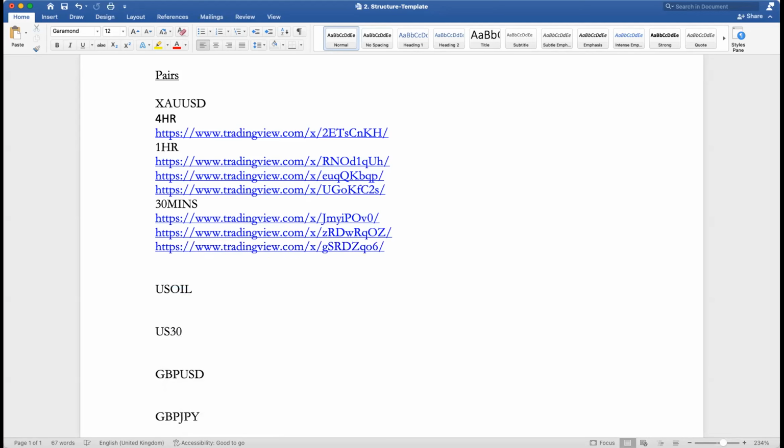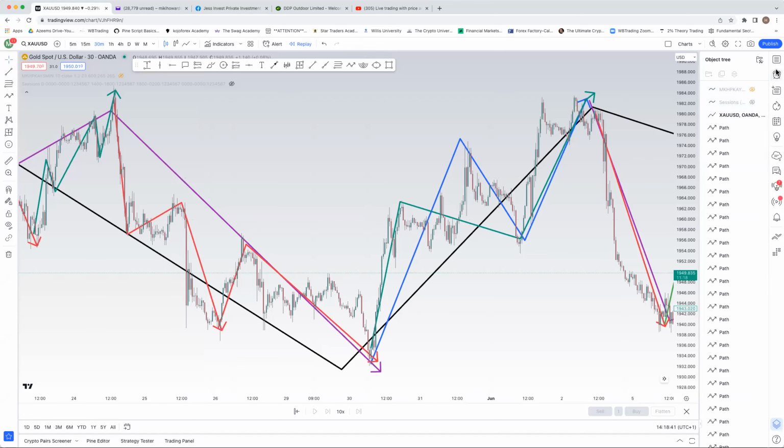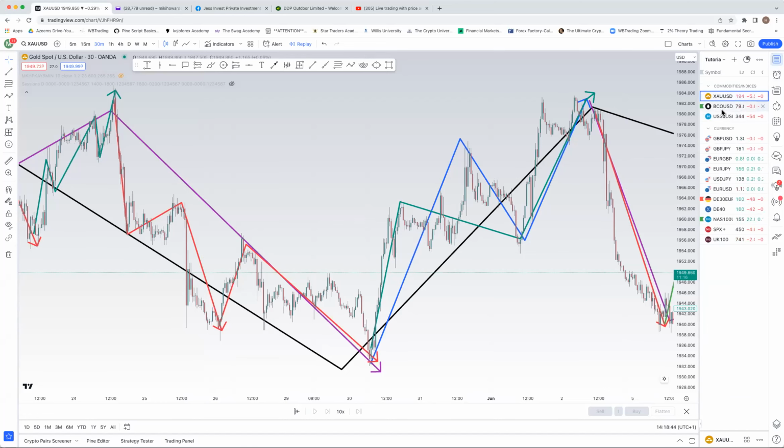I will send you this very training. If you have problems, just start with one. Do the 4 hour and just the 1 hour structure and send it in. Let me see how it looks before we continue. Once we've fine-tuned it, because what I was doing with Adam was that we had to teach him step by step. Once he got it, I told him he should submit at least 2 a day out of the pairs we had. The pairs we are going to do are as follows: gold,